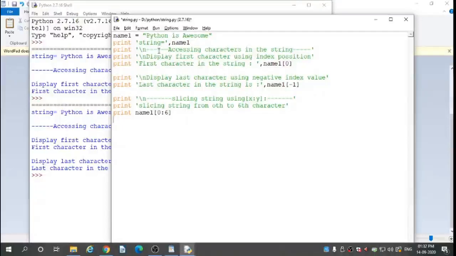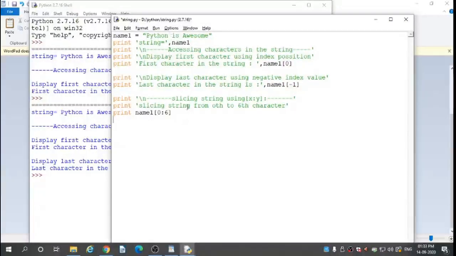Here it starts from the 0th character, P at the 0th position. P is at the 0th position, Y is 1, T is 2, H is 3, O is 4 and N is 5, and here the space is also considered.